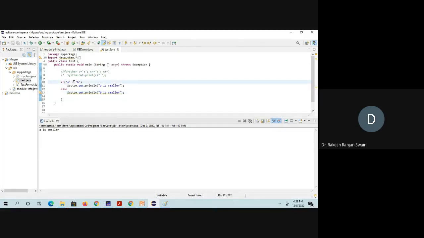Let's see, I am using equal to. Equal to means double equal to. Whenever we check equality, we have to use this double equals. Here I am checking 'A' and 'B'. If equal, I print 'A is equal to B'; otherwise 'A is not equal to B'.